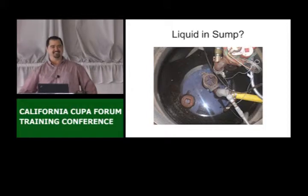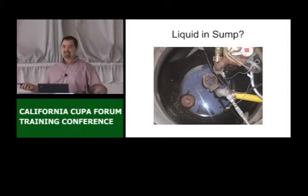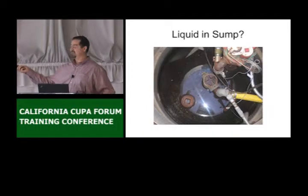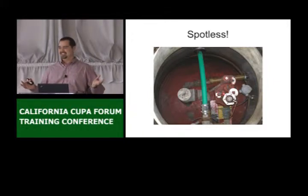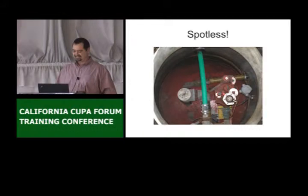Oh, there it goes, now it works. Doesn't say you can't do it, and it says that it does work now, so there you go. But yeah, so apparently not enough water in this sump to make the alarm go off. Now, this is the holy grail of turbine sumps. Look at that, spotless. So clean, you could actually eat off of it. Not that I would, but you